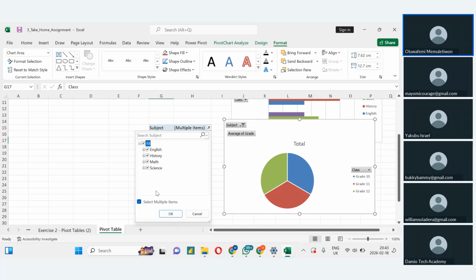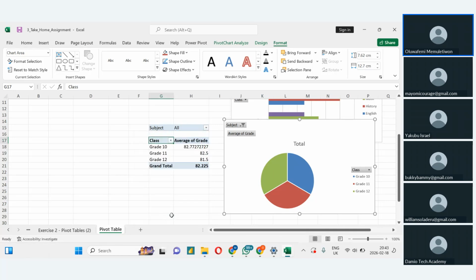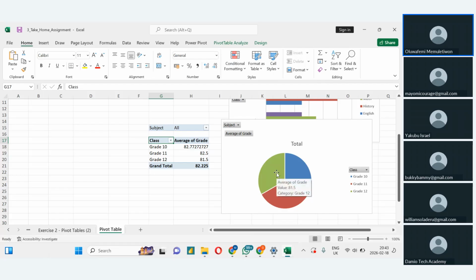Instead of one by one, click OK. Can we see? This is for Grade 12, 81.5. Grade 10, 82.7. And Grade 11, it's 2.5. It's 1.5 for Grade 12. So that is all about pivot table and creating a chart. The last thing is now creating a dashboard, and I'm just